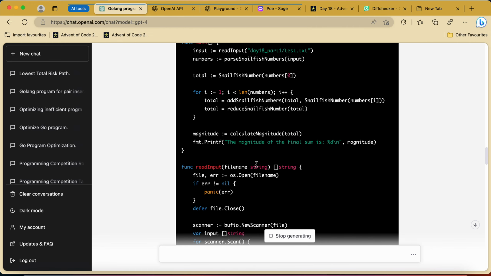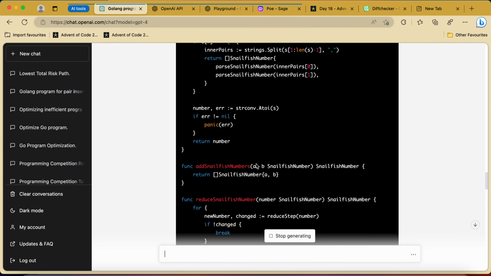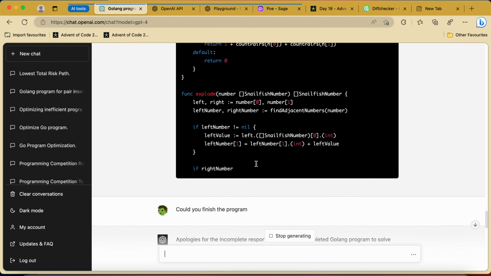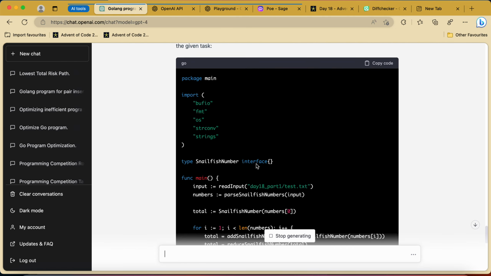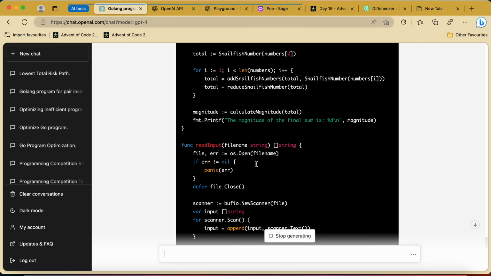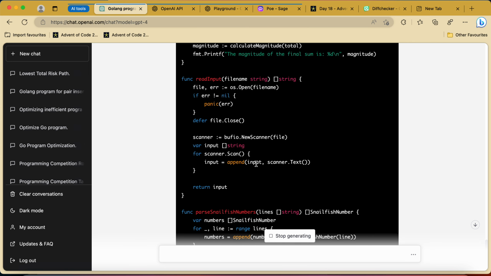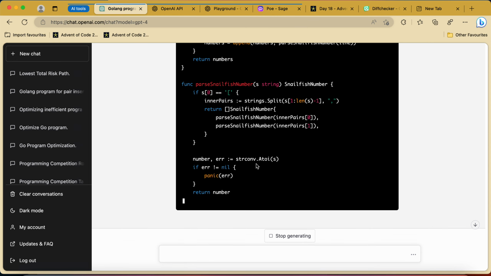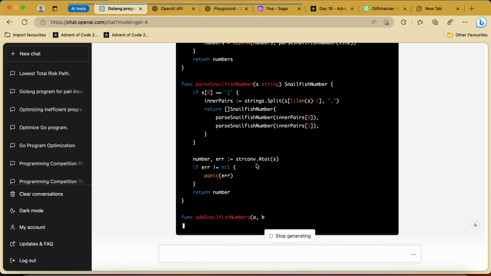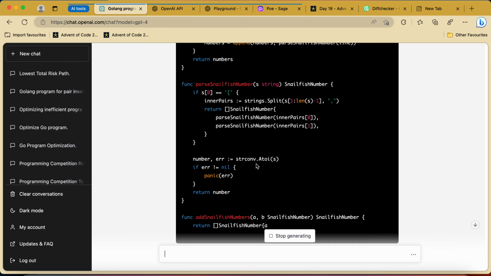I think next time I ask, if it couldn't finish it this time, I would say finish the program and skip the read input function, because I know how to implement it, and I think that will probably give enough space